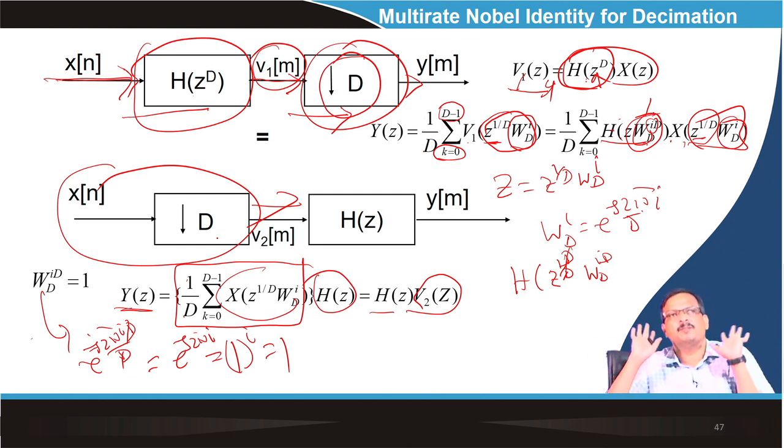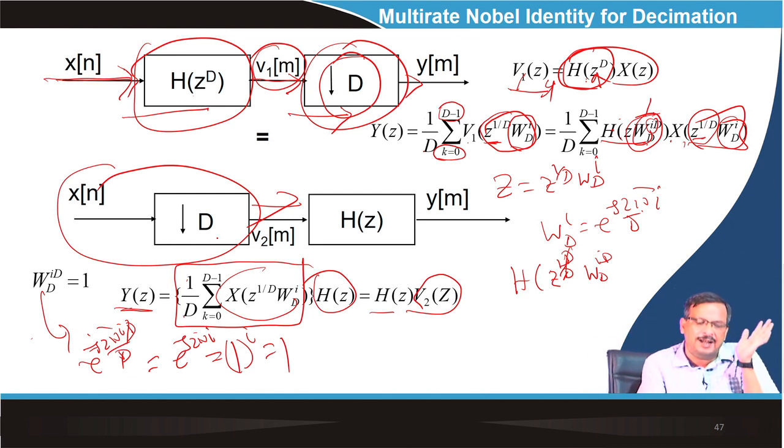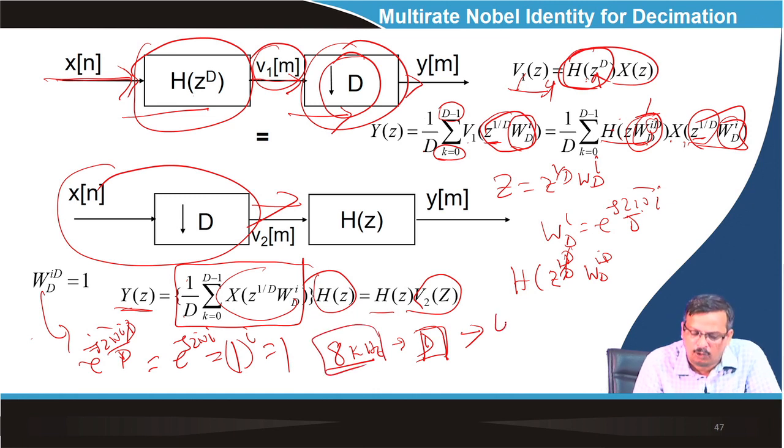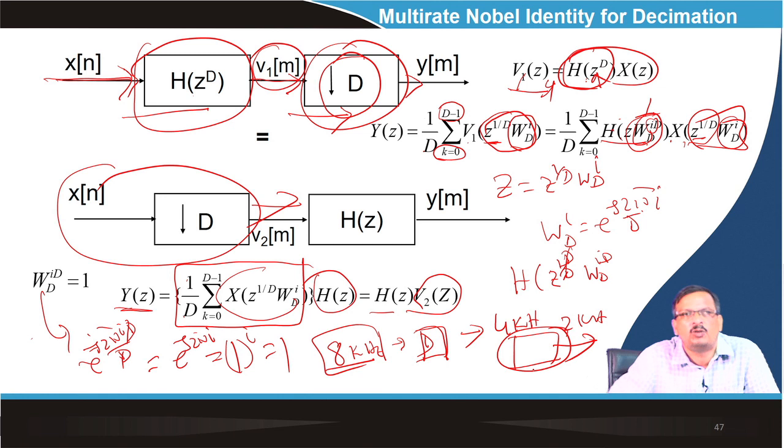Both will be the same. Suppose I have an 8 kilohertz signal. Instead of passing it first through an FIR filter, which is a band-limited FIR filter, and then downsampling, I can downsample it first. Let us say I downsample by 2. So, first the 8 kilohertz sampling rate is converted to 4 kilohertz. Then I restrict the filter to pi by D, which is nothing but 2 kilohertz. I implement the 2 kilohertz filter, and the output I will get is 0 to 2 kilohertz only, which I desire.